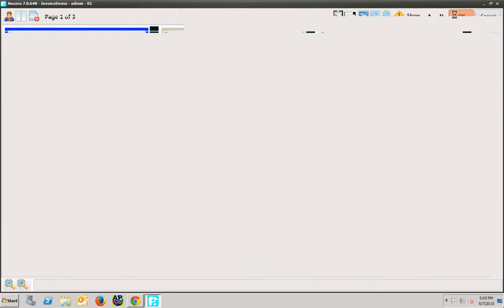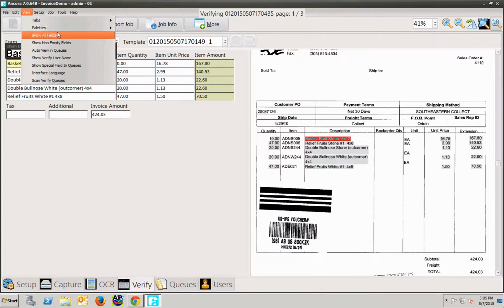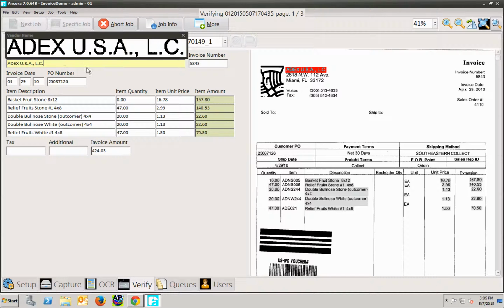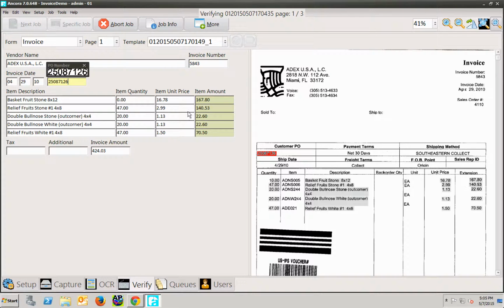Now you can see that the information that we collected the first time around, the vendor name, now shows up. So it did learn that information. If, when we're looking up the vendor name, we want to do a lookup against a database to make sure that vendor is in the system, maybe we want to pull back a vendor number that also corresponds with this vendor name, all of those database lookups can happen. Most often folks do those on the vendor name. Quite often they'll do them on the purchase order number. They want to make sure that the total of the purchase order is within a certain amount of the invoice